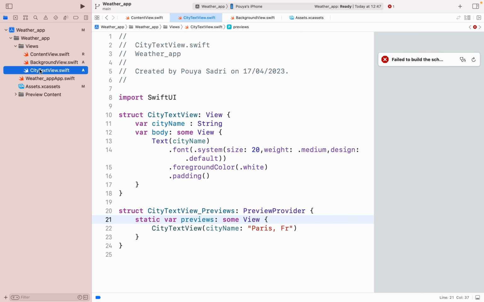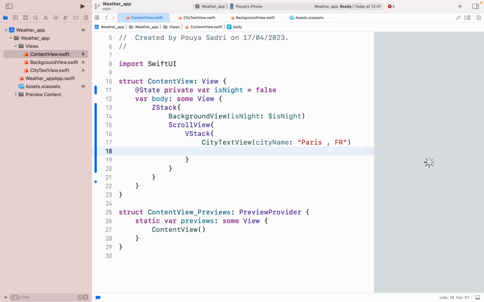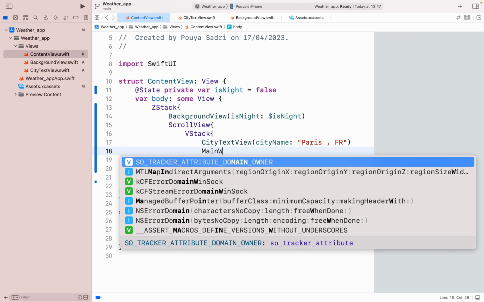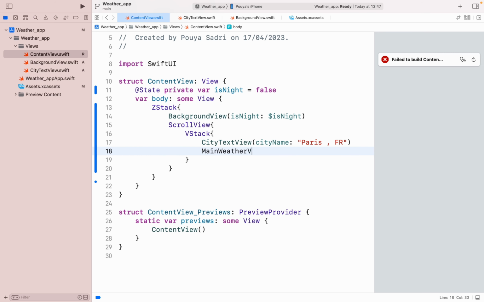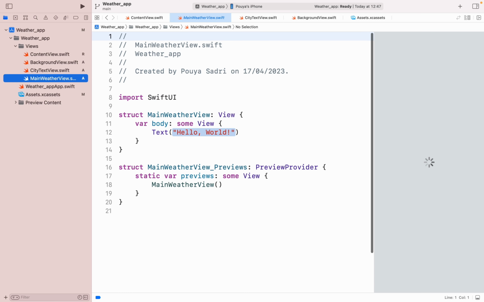Yep. Okay. We have a MainWeatherView here. Okay, and we have to create it again. So it would be MainWeatherView. So in here we have